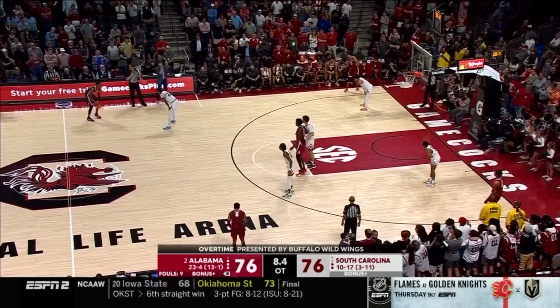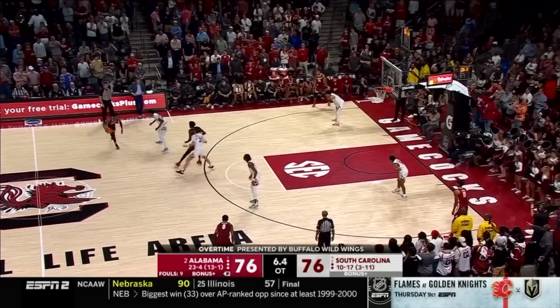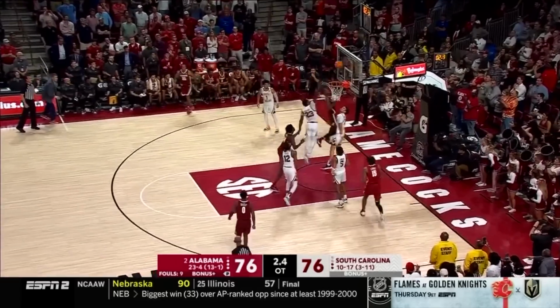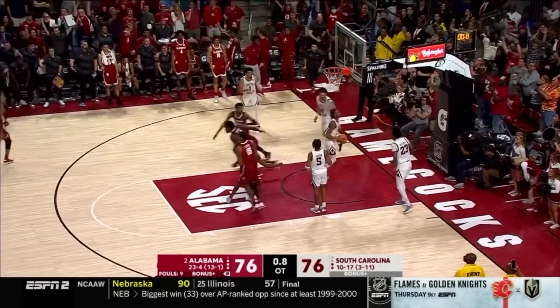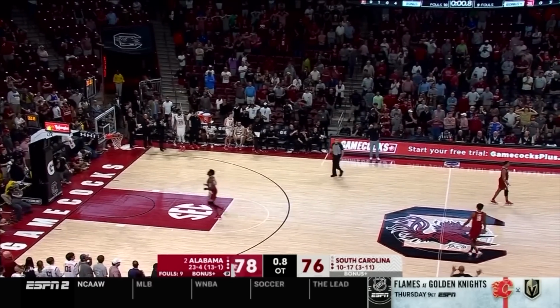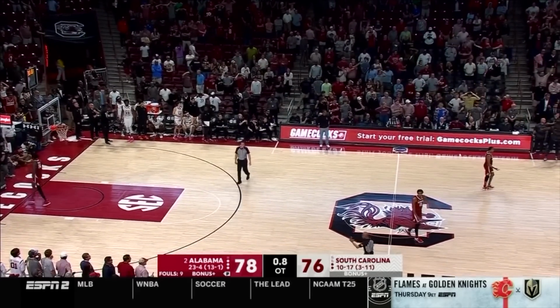Miller guarded by Gigi, two of the most highly touted freshmen in the country this year. Miller with 3. Miller to the rim. Miller with the left hand. And with .8,